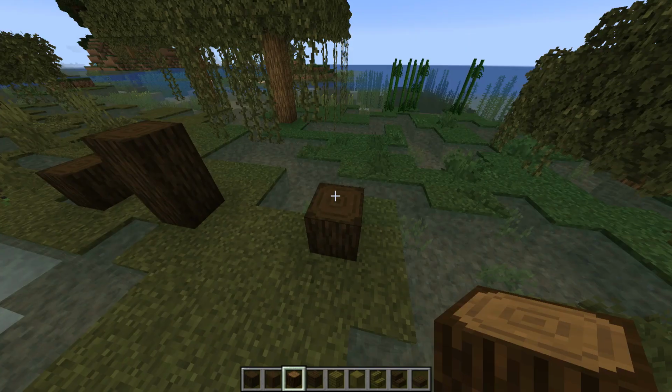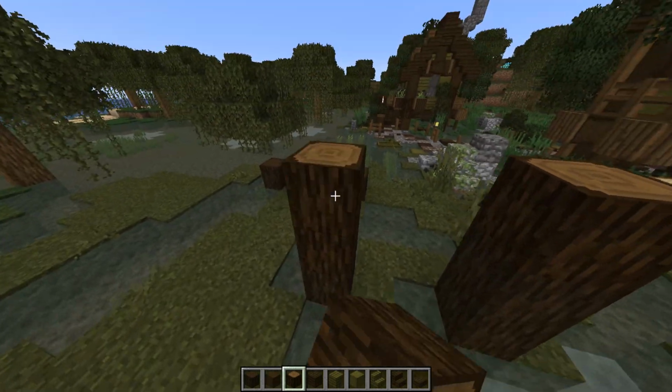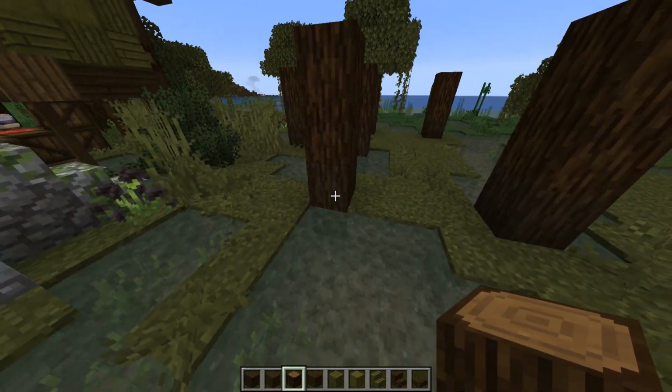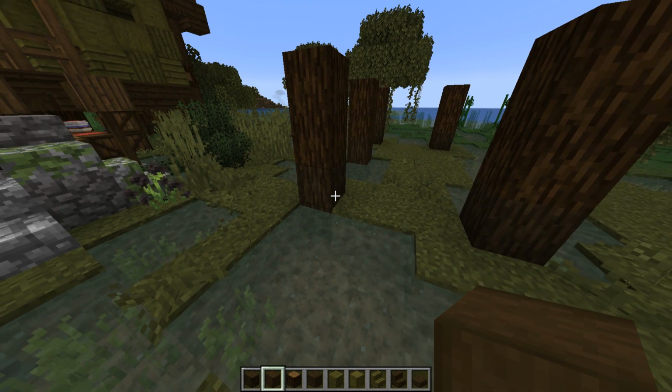And then you're going to want to bring this up to about right here with the spruce wood. Now this makes it look like, I guess, a different color. It just adds texture, and it makes it look a little bit better, and it makes it look like the wood is sort of just wet from the water down here